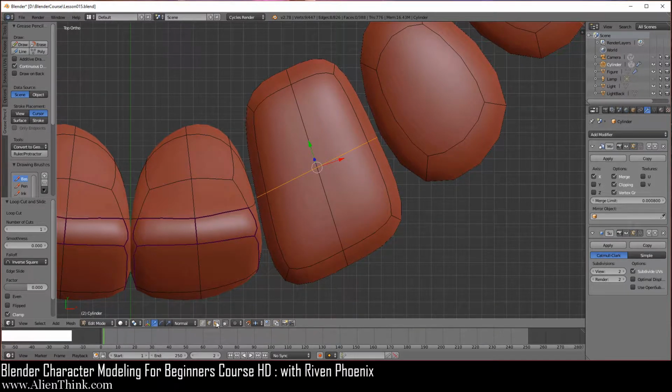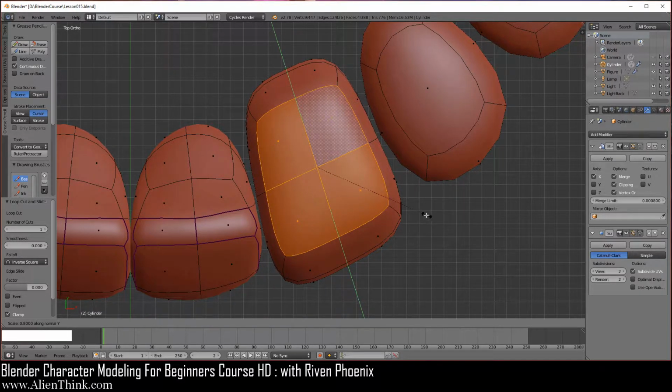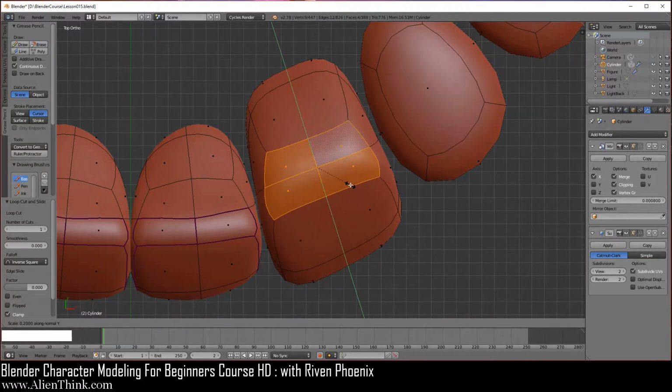Okay, now switch to the face select mode, click on this one, shift key down this one, and this one. Now notice that the green arrow is perfectly aligned with these edges, right? This is because the normals is on. If I do global, you'll see that it's going to switch. So we want to make sure that this is still back on normals. We're going to scale it again, just like we scaled the top of this tooth. So we're going to press the S key and press the Y key one time for the global. Press the Y key again to get to the normals, and then bring the mouse into the left. 1, 2, 3, 4, 5, 6, 7, and then 8 over here.